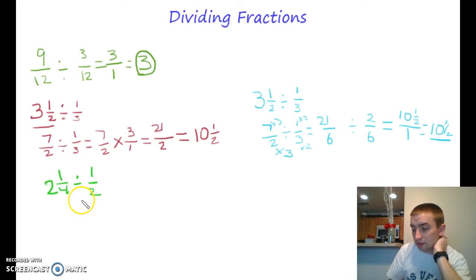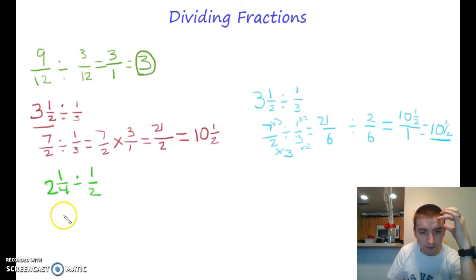Okay, so again, when I'm dividing, I'm going to change them into improper fractions if they're mixed numbers. So 2 times 4 is 8, plus 1 is 9. So it's going to be 9/4 divided by